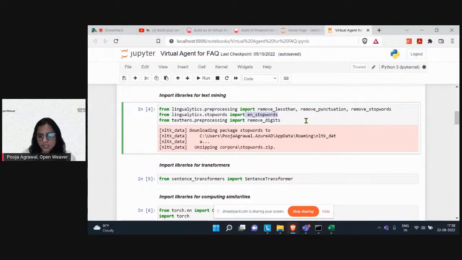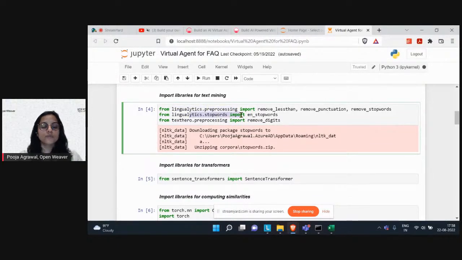So you would ask me, is there a library already created for it? Yes. Most of these are obviously libraries that are pre-built, and we are just calling them using the import command here. Similarly, remove less than, remove punctuations, remove stop words, similar libraries available within your linguistics pre-processing and linguistics stop words.